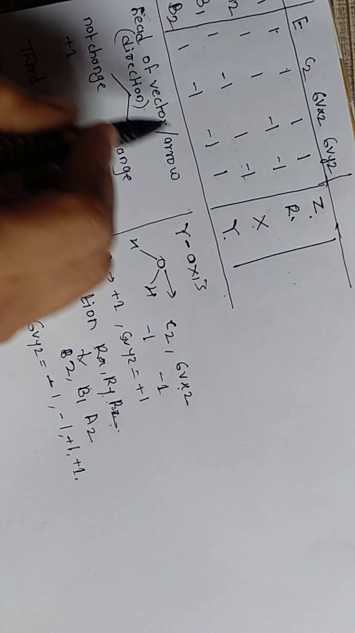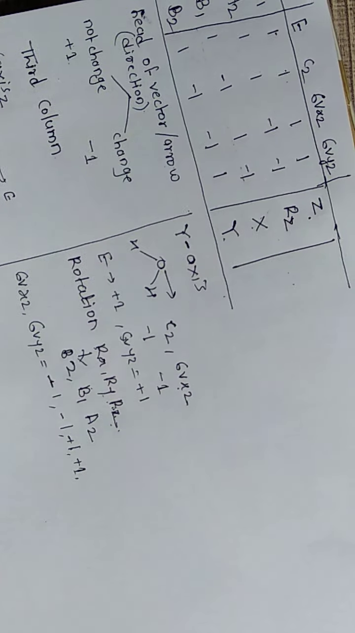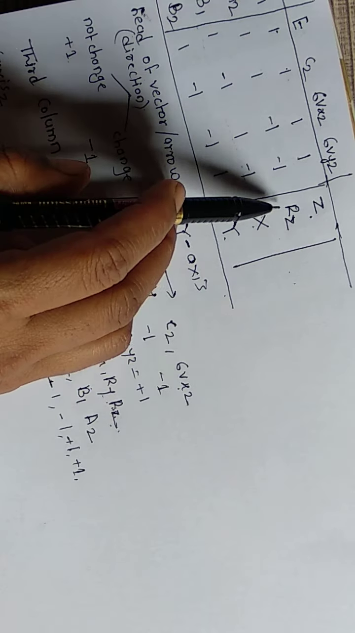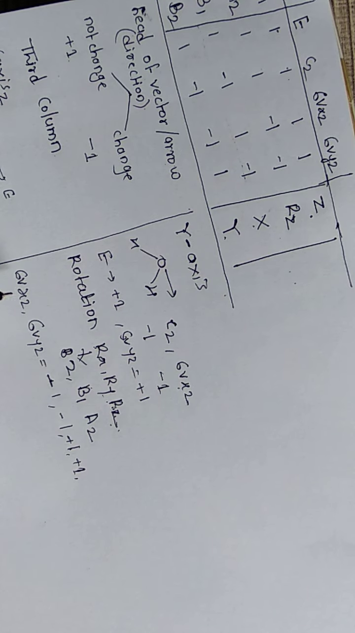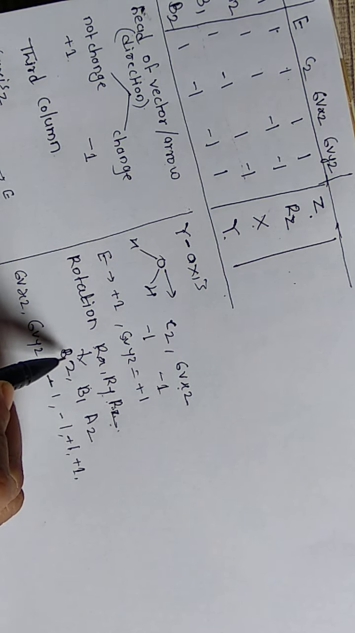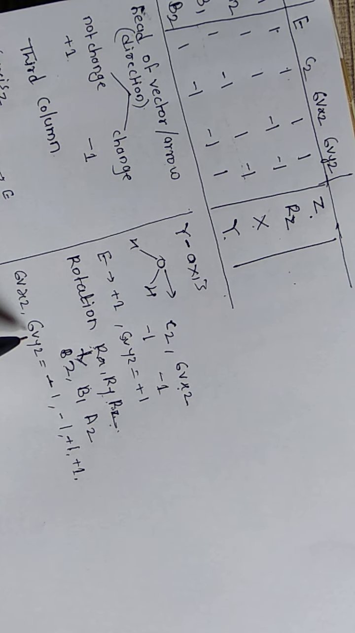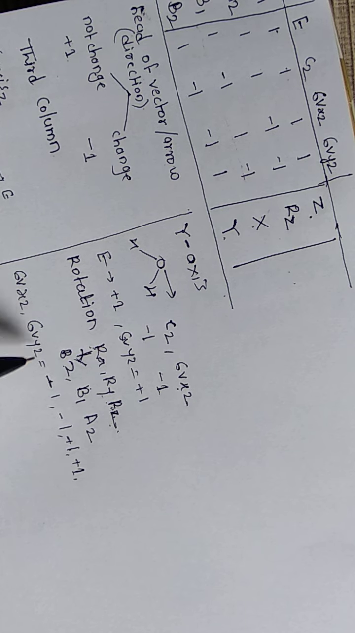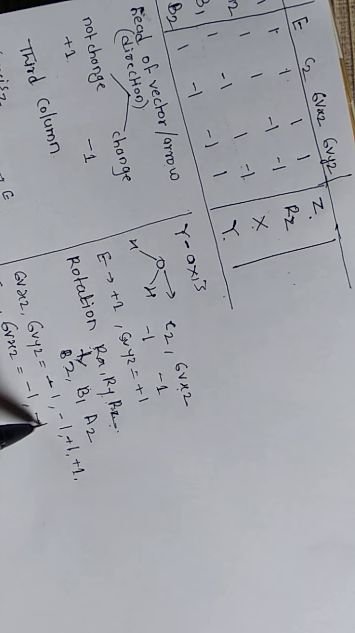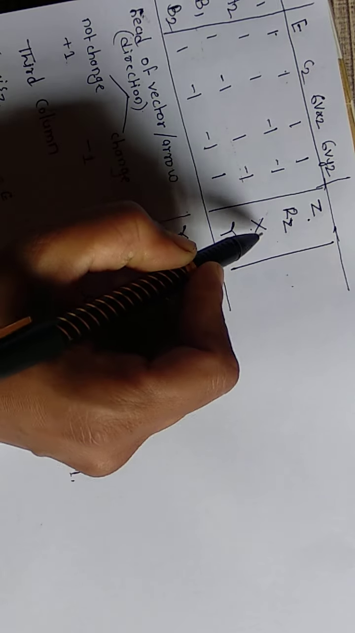Rotation axis is Rz. In A2, rotation axis is Rz. Then for Rx, the direction of C2 and sigma v xz changes. That is, these are the -1. That is, here rotation axis is Rx,